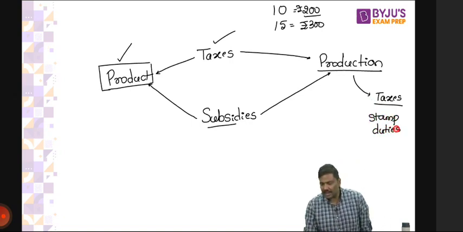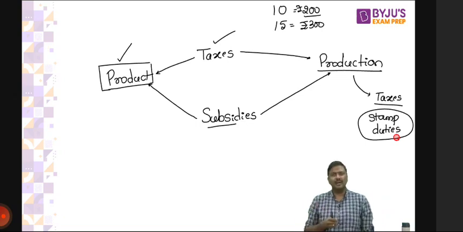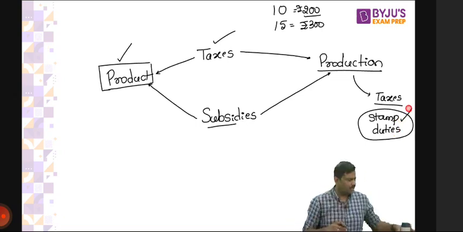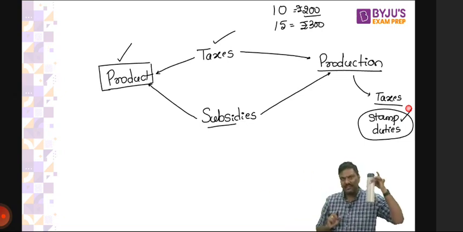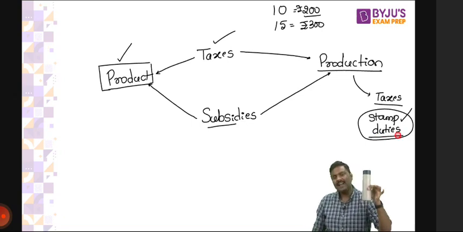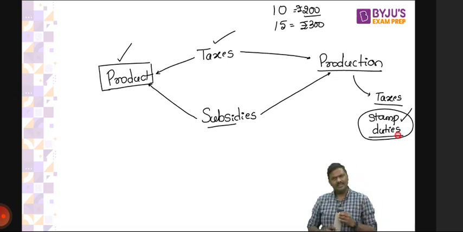When you purchase a land, you will pay stamp duties to the government. Now simple question. Imagine you're purchasing land to set up a manufacturing facility to produce the same bottle. The amount of stamp duty that you're paying, is it connected to how many bottles you're producing? Just think of it, apply common sense, you'll understand.